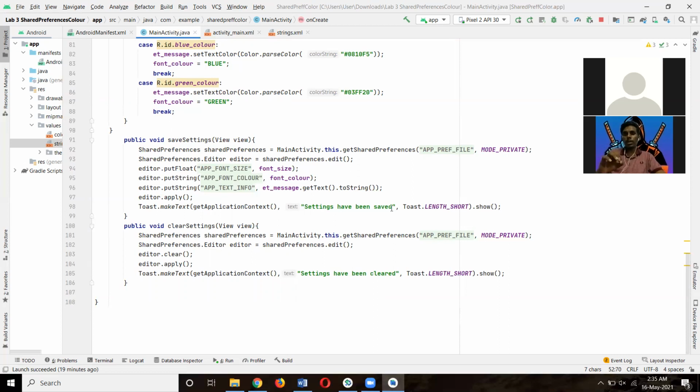And this is the public void for the Clear Settings button: editor.clear and editor.apply. This also has a toast prompt. At the bottom it will show that settings have been cleared when you click the Clear Settings button.